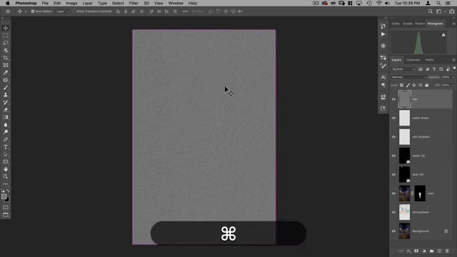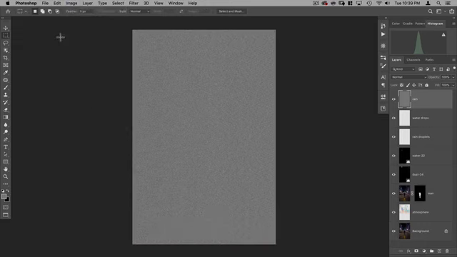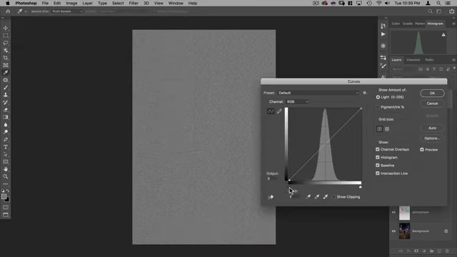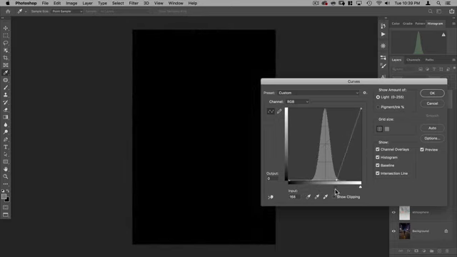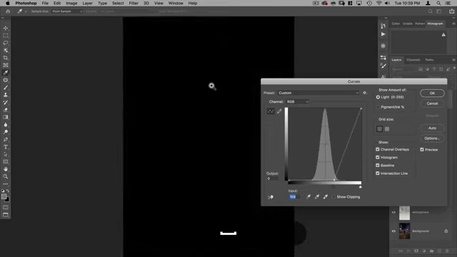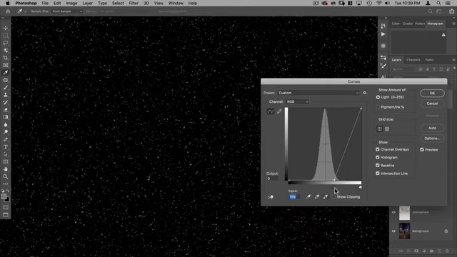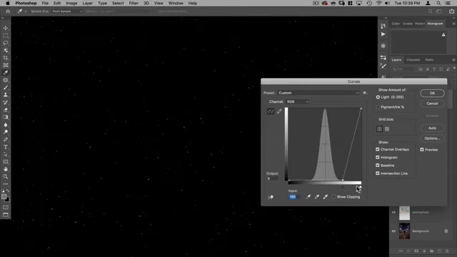Now what I'm going to do is go Command M or image, adjustments, curves, and just bring this curve all the way to the right until I'm just getting dots. Now if we zoom in here, you can see I have far too many dots. This is going to be rain, so I don't want that many.